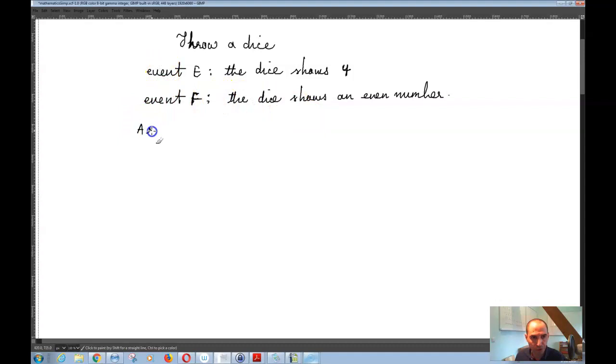We want to know if E and F are mutually exclusive. So mutually exclusive, that means that they cannot happen together, meaning that, I forgot the notation here. Mutually exclusive events, where basically if